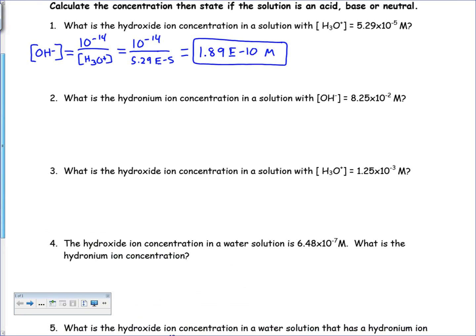All right, number 2, this one's asking us for the hydronium concentration, but it's exactly the same thing. We're just switching places here. So the concentration of H3O plus equals 10 to the negative 14 over the concentration of OH minus. Plugging numbers in, 10 to the negative 14 divided by 8.25 times 10 to the negative 2. Plug that in, you get 1.21 times 10 to the negative 13